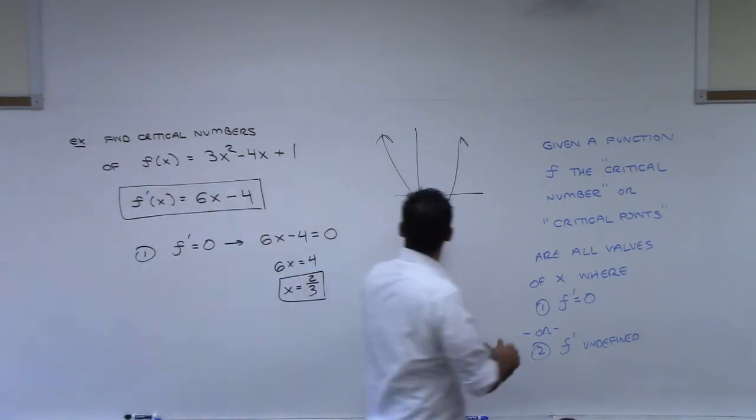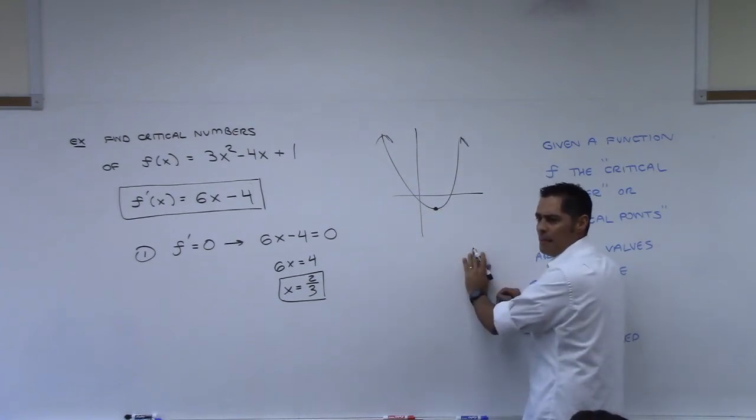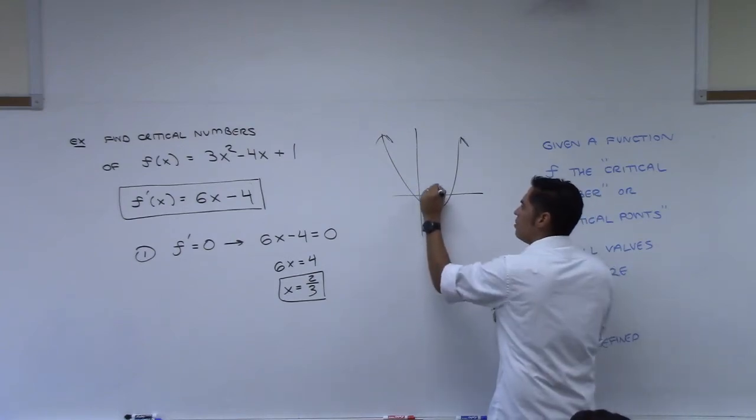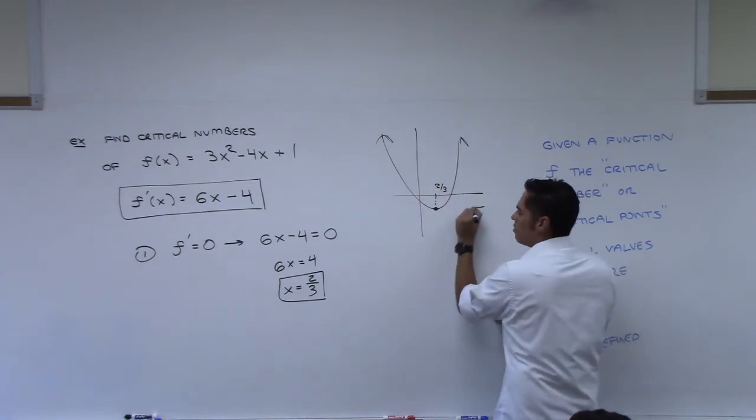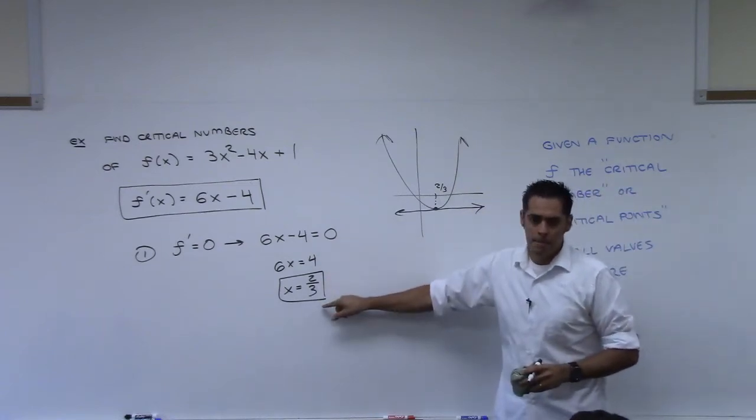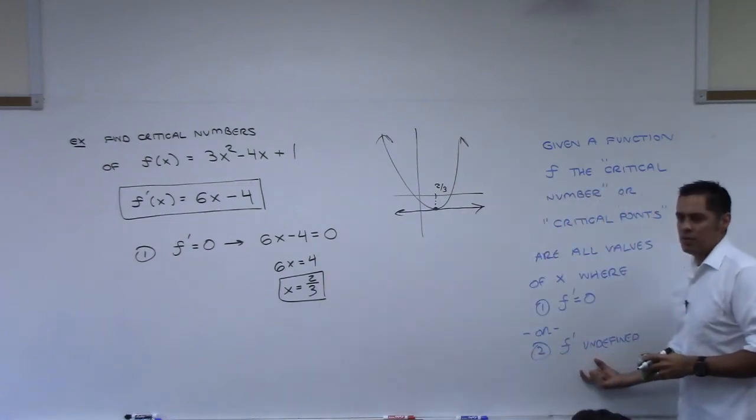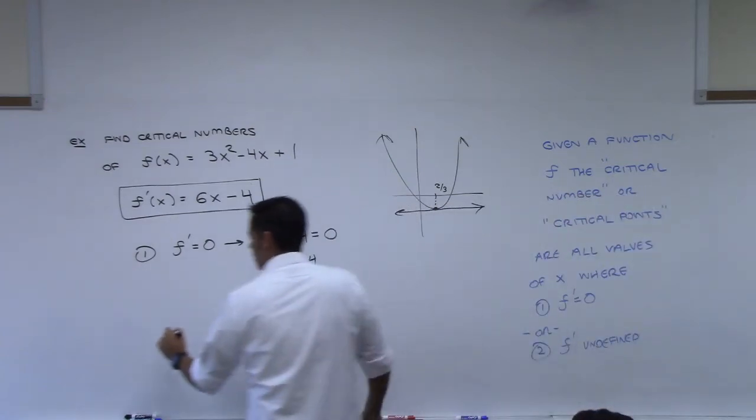This lowest point right here is where that would be happening. This should be 2/3. That should be where we get a slope of a tangent line of 0. See, the derivative is 0. Now, we also have to check this. Is there any place where the derivative is undefined? So the second thing,